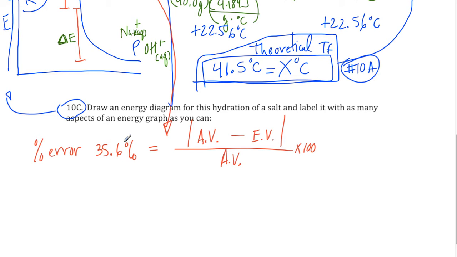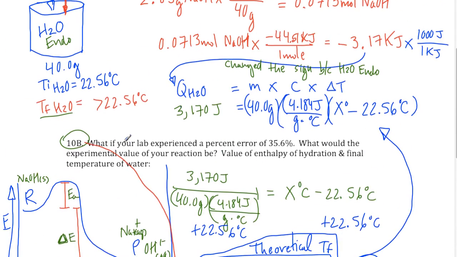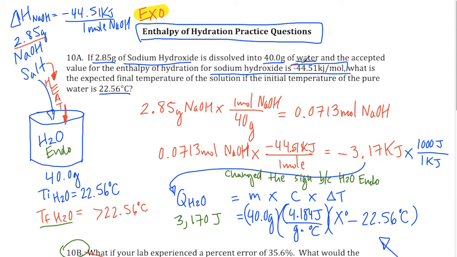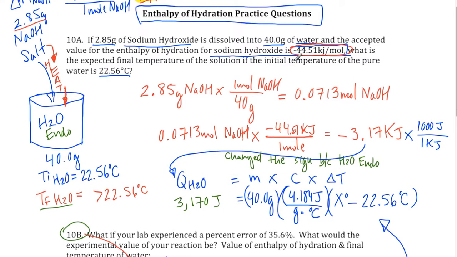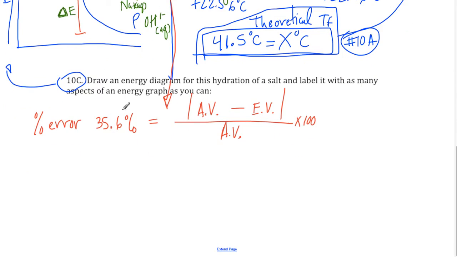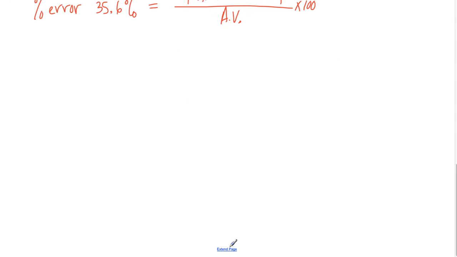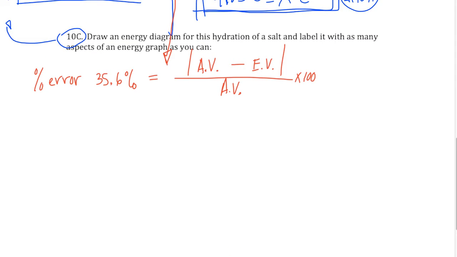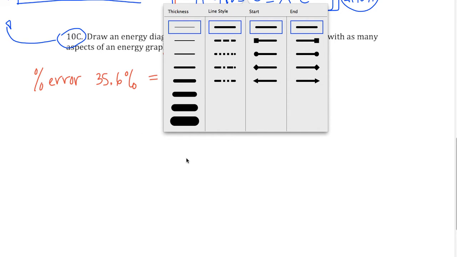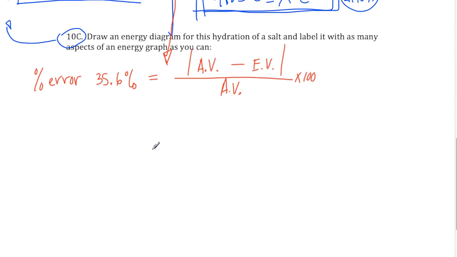Now you know the accepted value because it's written right here. This is the accepted value right there. So you can take that accepted value and you can plug it in here, and then you can multiply times 100. The only thing you have to solve for is your experimental value. So let's do that. So let's plug all this in. So it is a negative 44.51. So we have the absolute values. We have 35.6% equals absolute value negative 44.51 kilojoules per mole